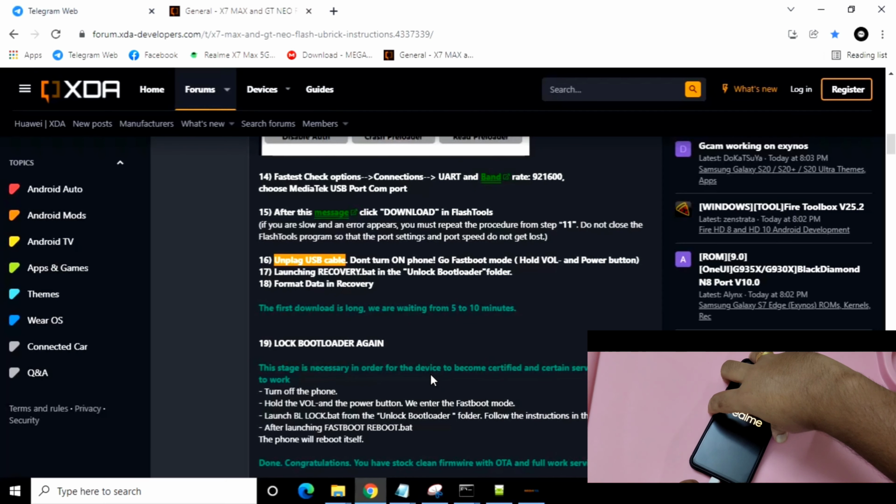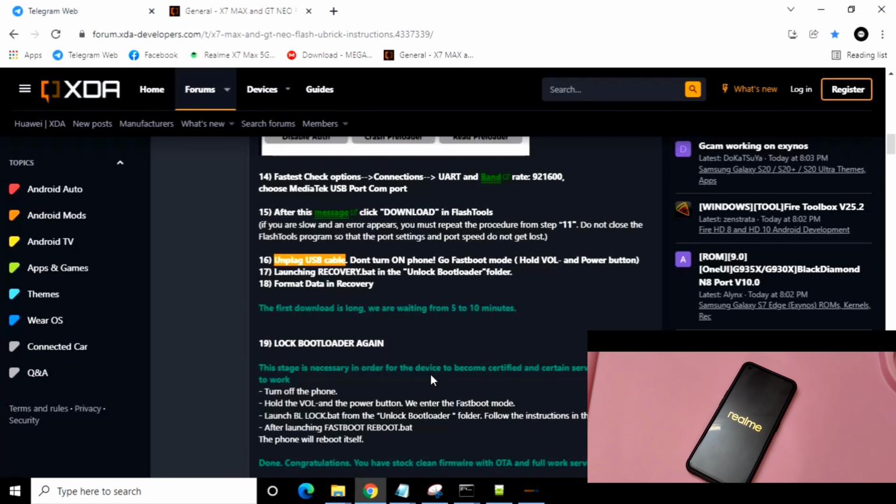Let me just unplug this, friends. I understand it's not in much quality, but I wanted to capture this because anyone should know how to process this particular thing. As you can see right now, it will take some time. I'm not going to skip anything because I am connected with my laptop and the mobile phone as well.